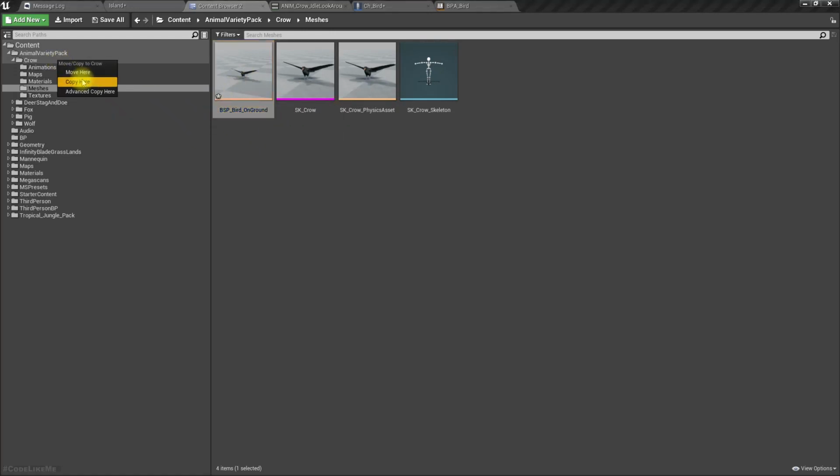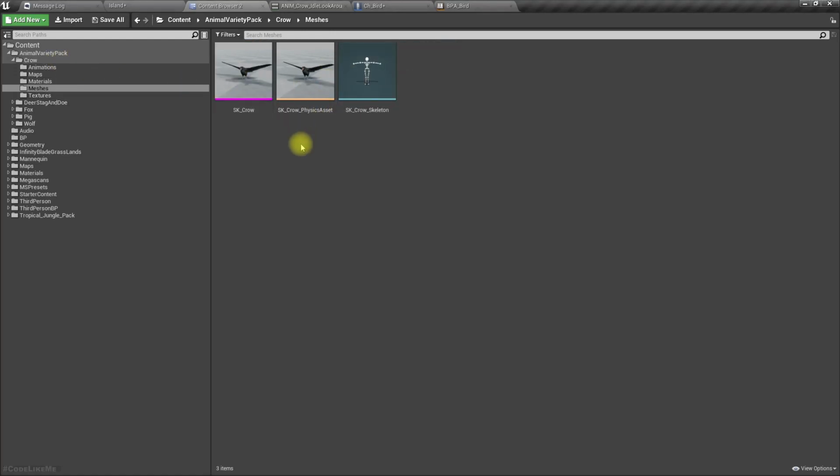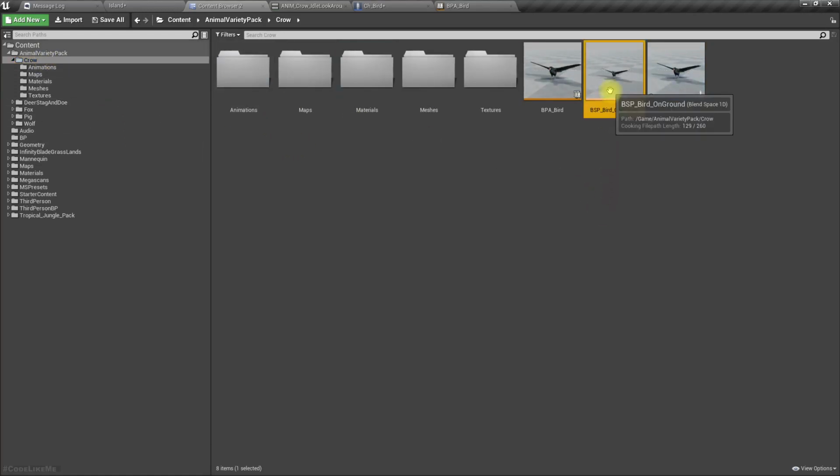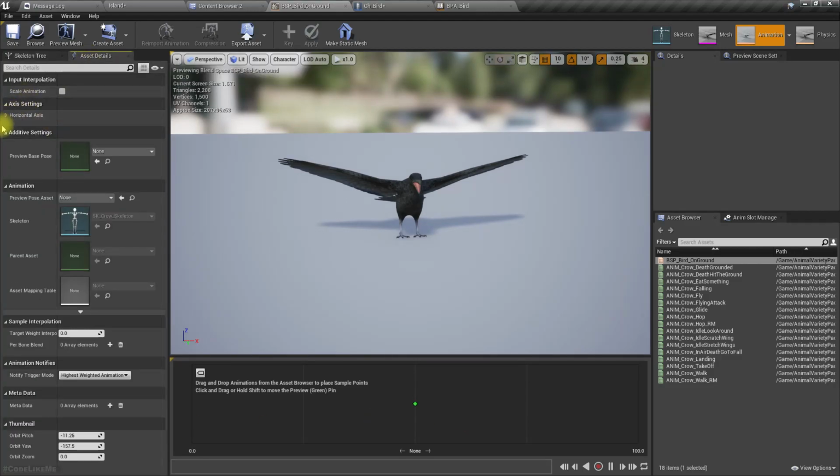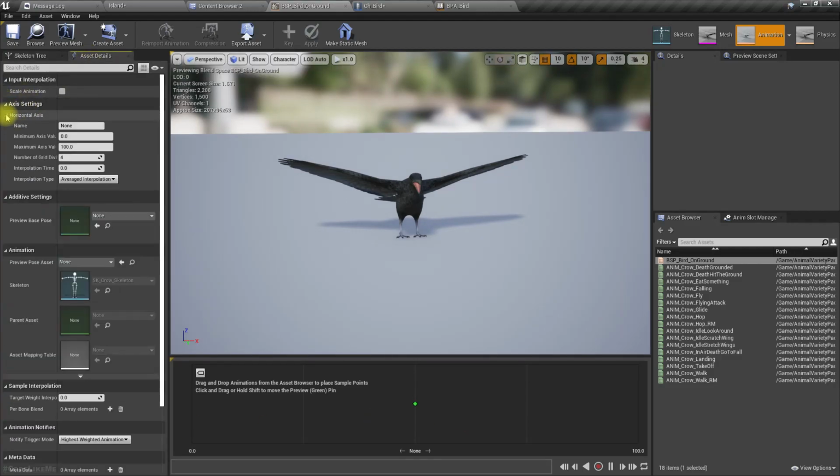Let's put it in the parent folder. Right, now here for the horizontal axis I'll name it as walk speed. Minimum is 0, maximum is 100.